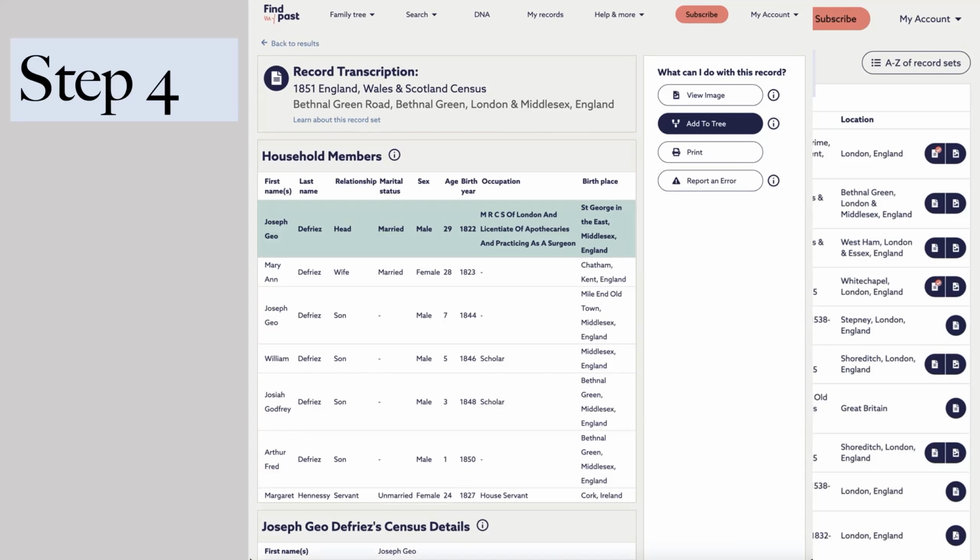Then you have a William who was born in 46, a Josiah in 48, and so forth. And you can see that they were born in different places. The wife was born in Chatham, and one was born in or christened in